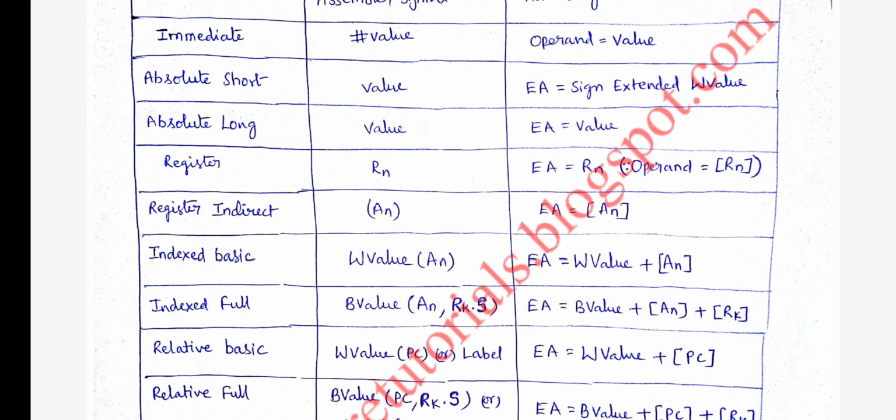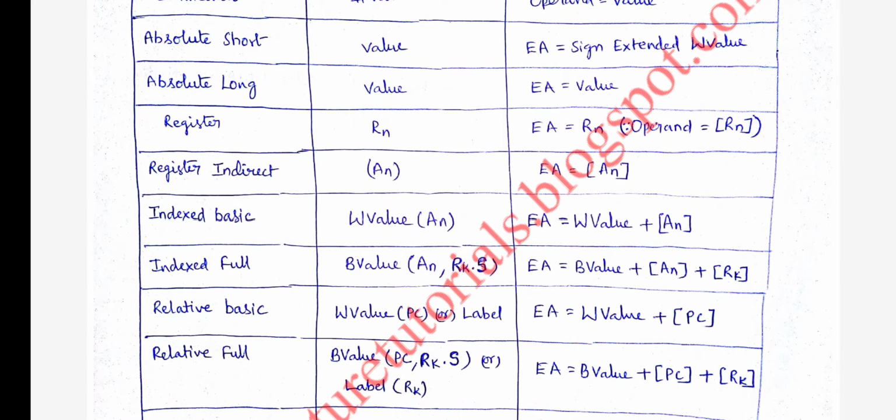Register Rn: effective address is equal to Rn, operand is equal to Rn. Register indirect addressing mode: An, effective address is equal to An. Indexed basic: w value An, effective address is equal to w value plus An. Indirect indexed full: